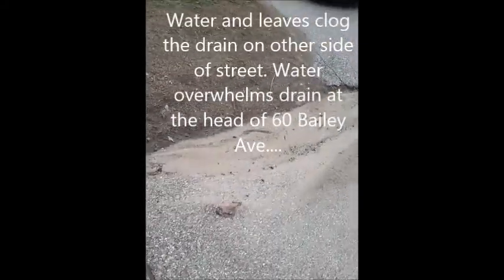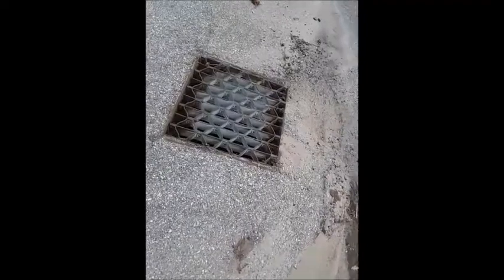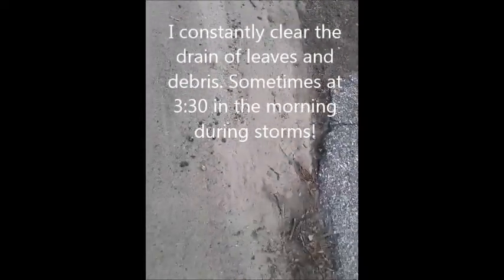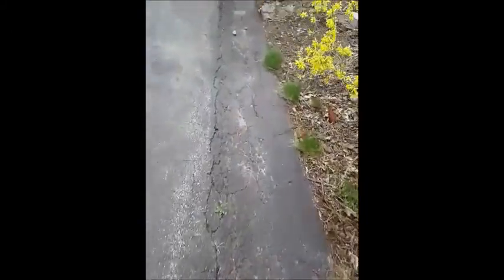The problem we're having is that most of the water, and even if just a few leaves get into this, the water does not go into the drain. You can sort of see in the sand how the water flows here. Back up if you can see it. It goes right around here, down the corner, down the edge of the driveway. Now there was a gully put in here at one point, but in a moderate storm it will come down